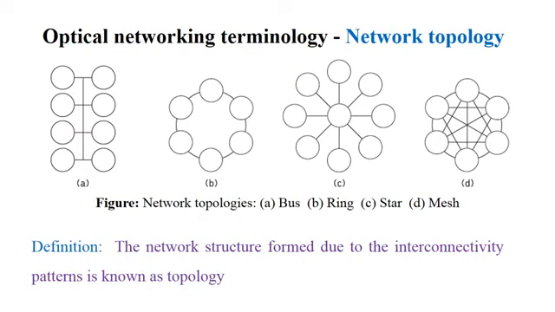So for example, if we take this node, here we can observe on either side of the node we are having this dedicated connection to the next one, to the next one, and here to the other nodes which are not directly connected via the other path. Here we can observe this connection. So one more direct path, one more direct path, one more direct path. That means each and every node is having a point to point connection with every other node present in the network. This is what the mesh topology we are going to have.